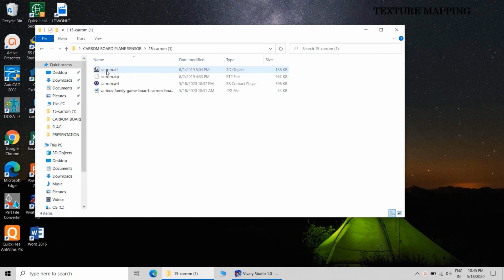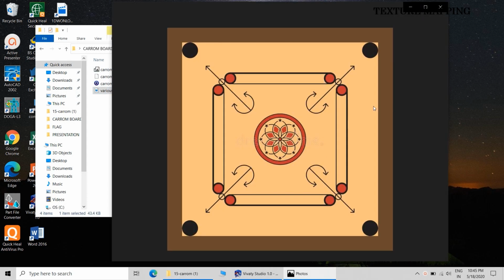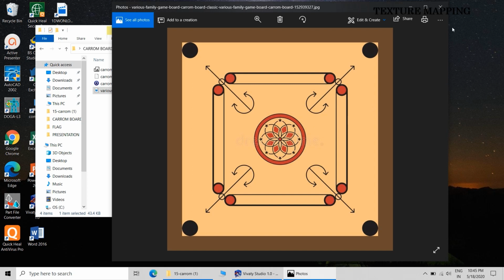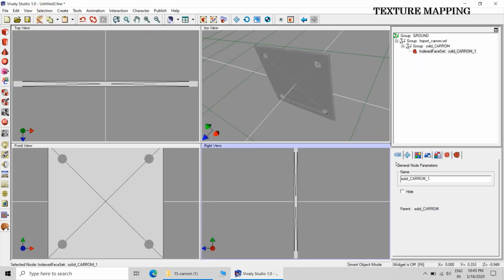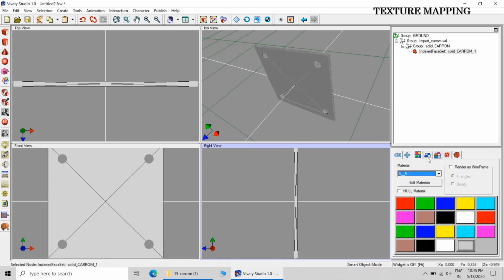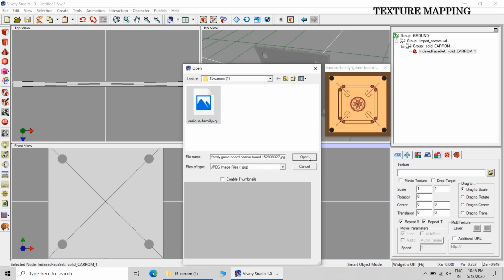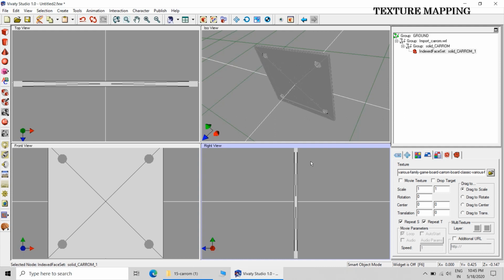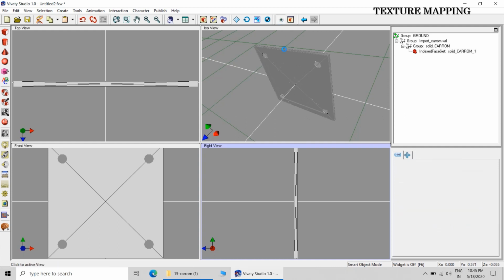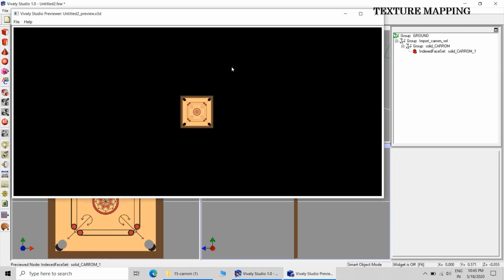Now we can have a texture, so it will look very beautiful. This is a texture image, a JPG image, that I have already downloaded from another website. This is a perfect image, and I have superimposed that JPG image on the carom board.